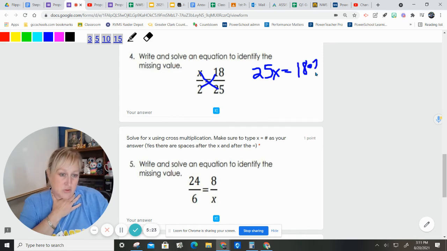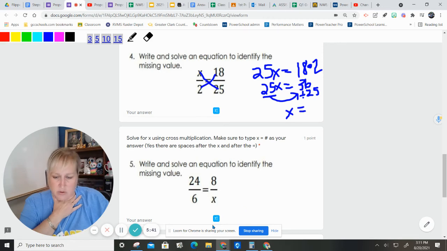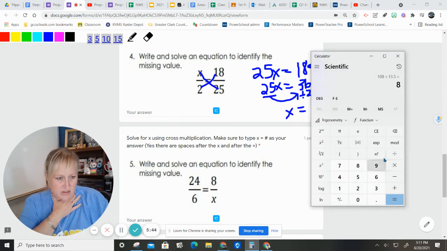So 25x equals 36. This one might not be as pretty because I have to divide again using the inverse operation. 36 divided by 25 is kind of a gross number. So let's see what this calculator says. Clear. 36 divided by 25,